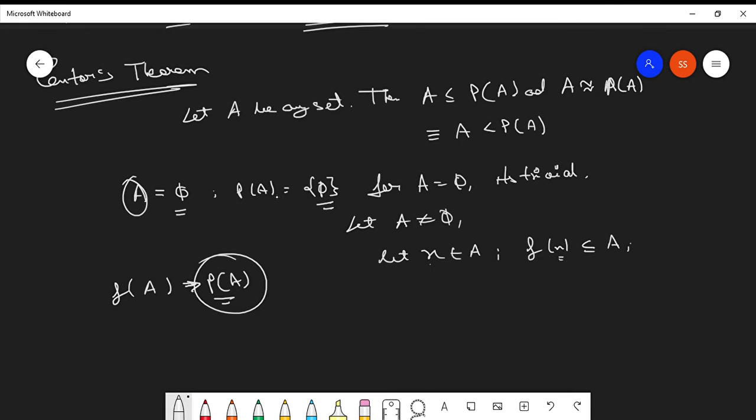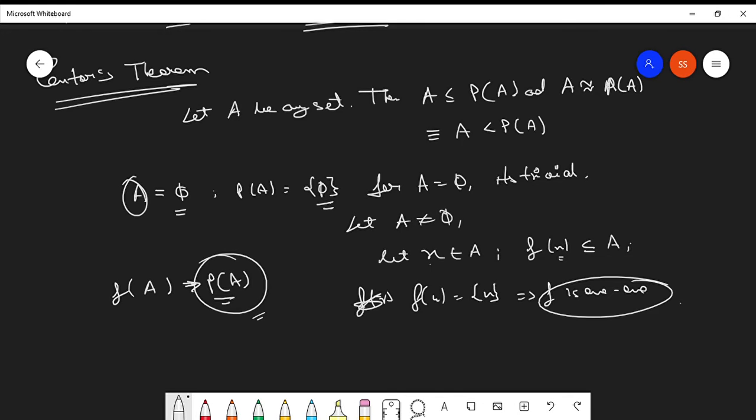So this type of a relation can be easily proved to be 1-1. If you take f(x) to be the singleton set {x}, then you can easily find out that f is 1-1. Clear? Now what we actually need to show,